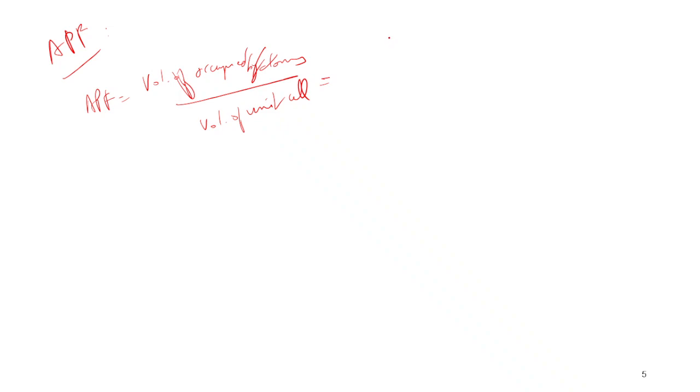we have pi a cubed, right? Wait. Sorry. Volume of atoms. So let's keep this as small v, and let's keep this as capital V, right? So the volume occupied by the atoms is nothing but, we know that there are 6 atoms in the unit cell, and each atom's